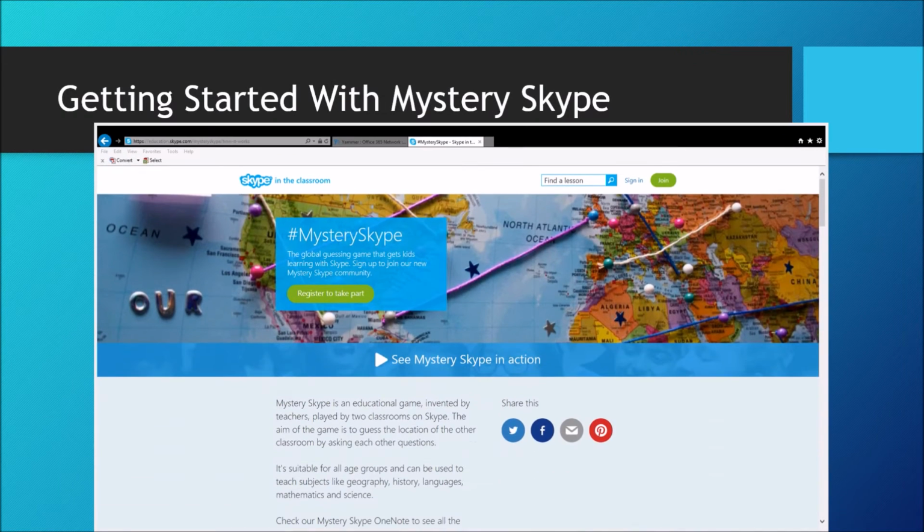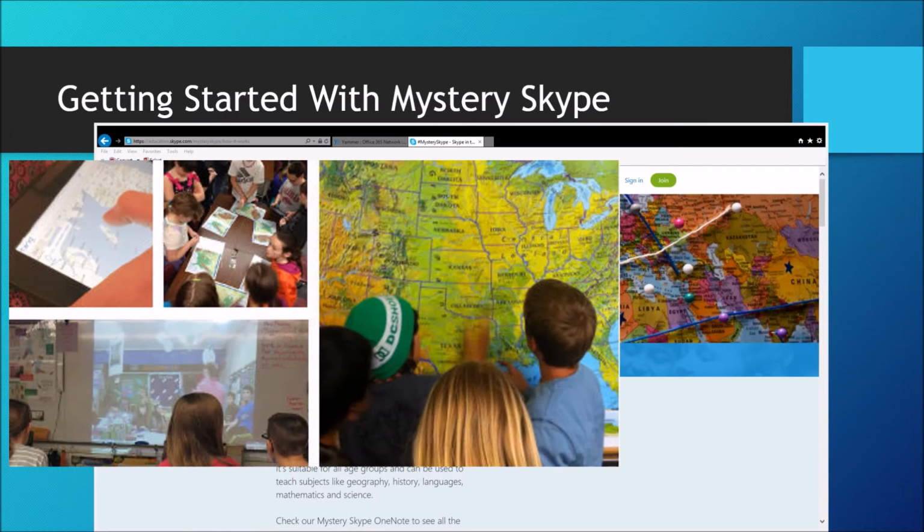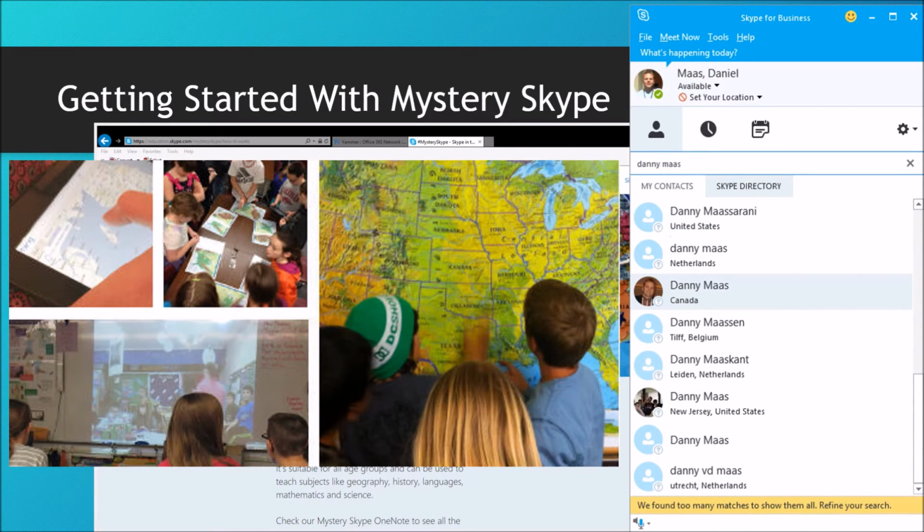The Skype in the Classroom website fully guides teachers on how to run a Mystery Skype, with it being as easy as playing a visual 20 questions on the spot, to assigning various roles for students to keep everyone active. With our new Skype for Business client installed on our district computers this year, teachers no longer need to get Skype installed or create Skype accounts. Simply type the name of your Skype contact in the Find Someone bar and then select from the Skype directory to search from. It's that easy.